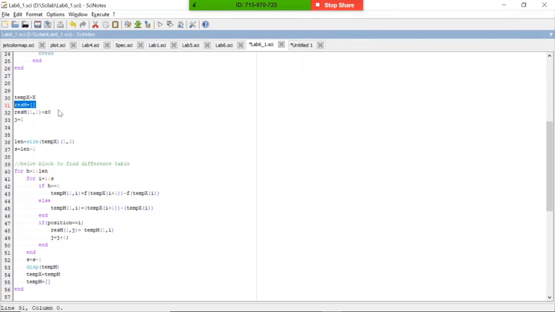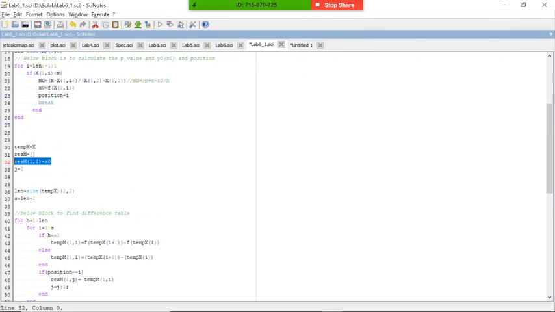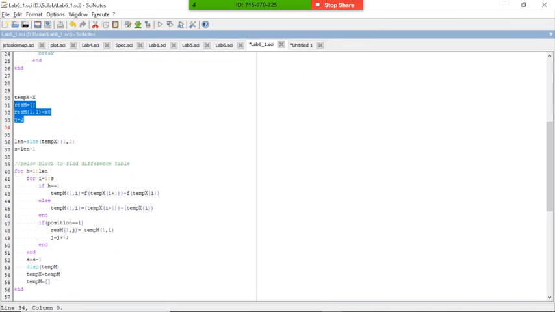For the resultant matrix position 1, we have calculated the x naught value with the f function. So the same x naught value I put at position 1, which is 1 comma 1. I have already used position 1, so the next element I have to put at level 2, so I initialize j as 2. I hope you understood this concept. I'm just taking the length of temporary x, which will surely be 5.